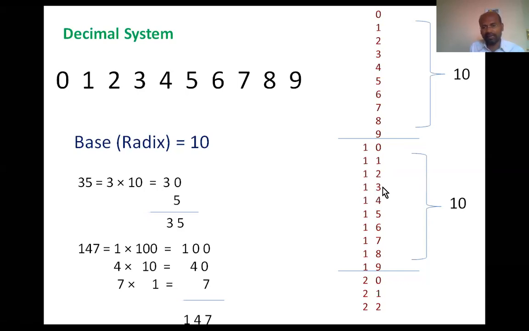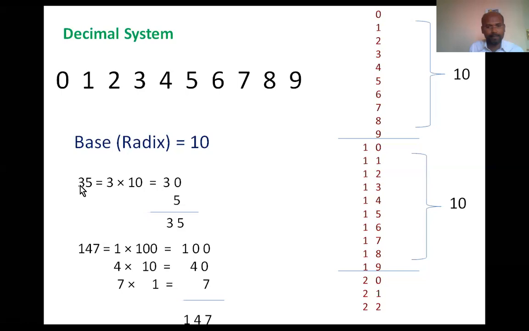Let's say 13. What does this 13 mean? 13 means we have used all the symbols one time. All the symbols one time means 10 symbols. 1 into 10 means 10, plus your current counting is 3. Okay, current symbol counting is 3. 10 plus 3 is 13. Likewise, we count the numbers. And here we have given some examples.